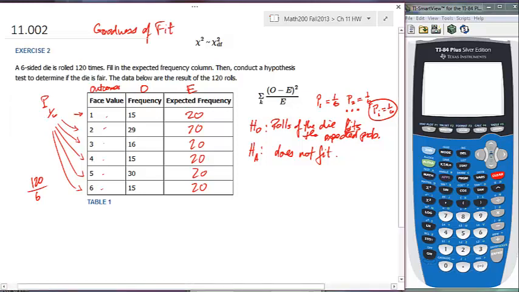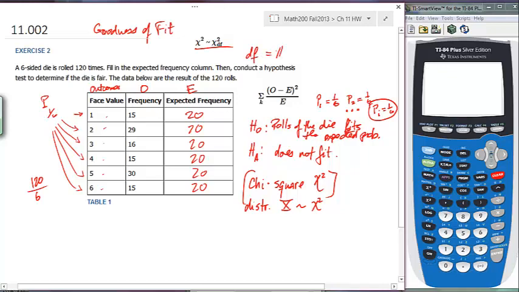Okay, now that we've got that, we should also mention the distribution that we're using. This is a chi-square distribution. I know it looks like an X, but chi is a Greek letter. The distribution we're using for this particular hypothesis test is a chi-square distribution, and our degrees of freedom